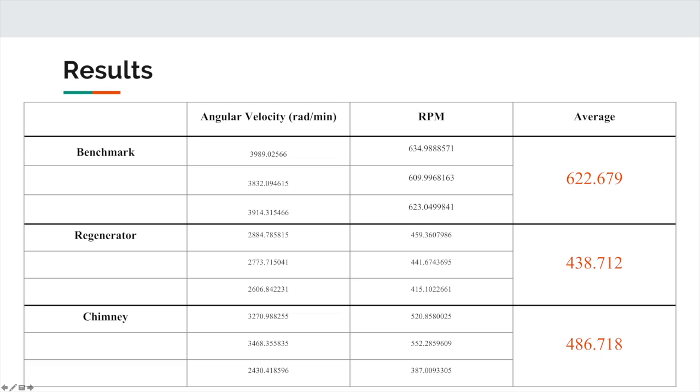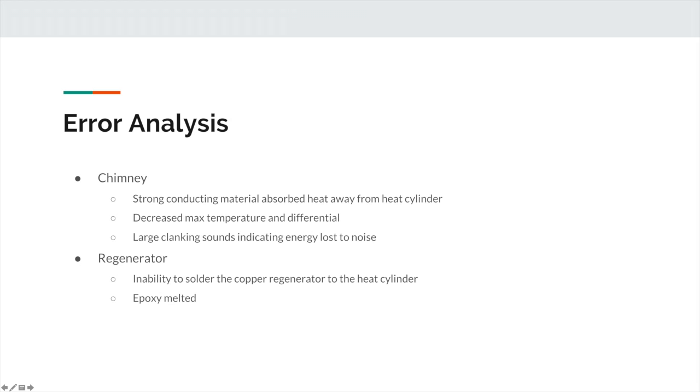As you can see here, both the regenerator and chimney had significantly lower RPM values than the benchmark, which was the opposite of what we were expecting. In our analysis, we found that since the chimney was made out of a thick aluminum, which was highly conductive, and was also sitting on the heat exchange cylinder, it actually conducted the heat out of the hot side of the heat cylinder, therefore removing it from the system. And this decreased the temperature difference between the hot and cold side,